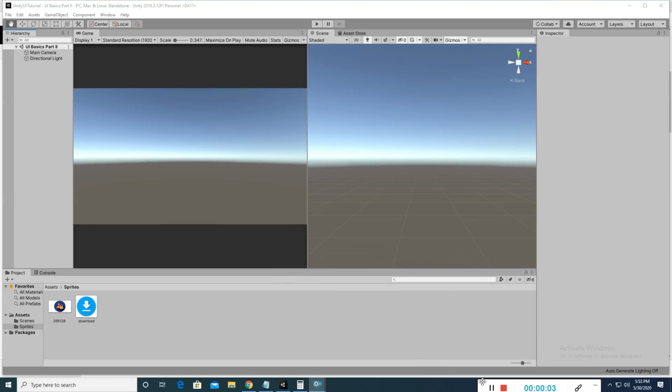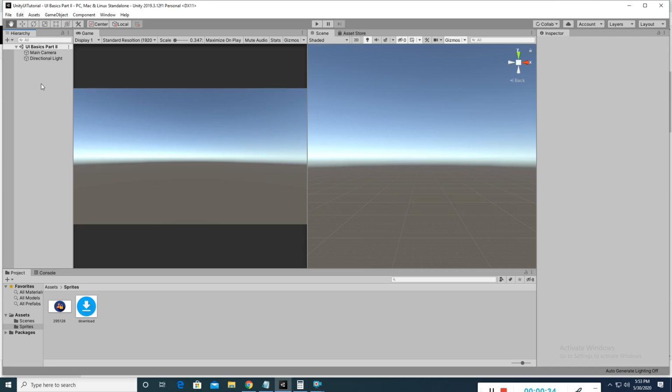So in the last tutorial I taught you the Unity UI basics, and I taught you the canvas component of Unity UI. In this tutorial I will teach you the anchor point and pivot point of a UI element: how you can set the UI element on your screen, and how you can set the anchor point of a game object and the pivot point of that element.